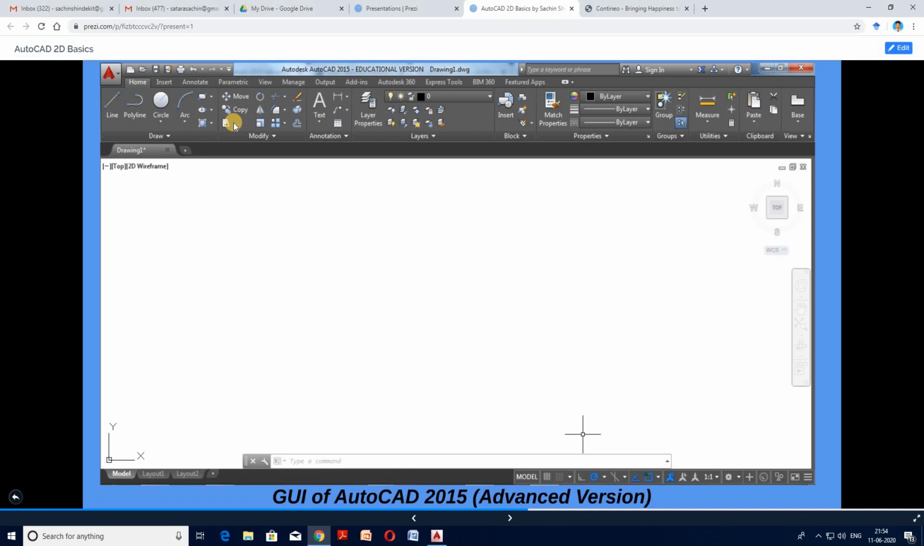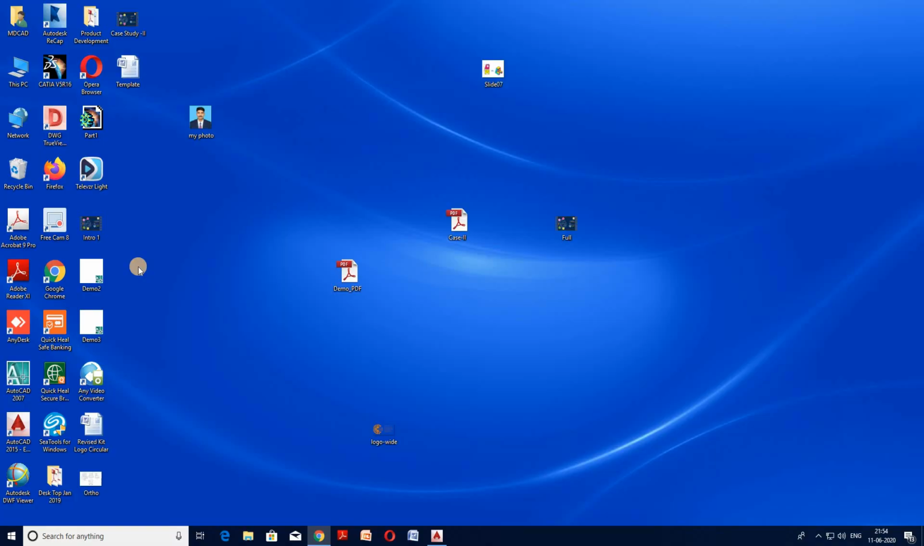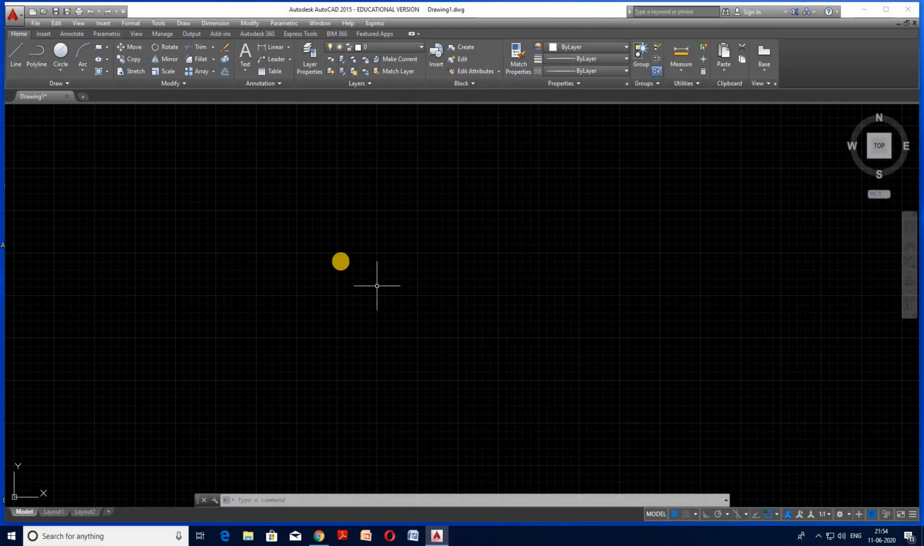You can configure AutoCAD 2015 to AutoCAD 2007, that is the classical version. For that you need to do some configurations and settings. So we will discuss how to configure the AutoCAD 2015 GUI to the classic version of AutoCAD 2007. So for this, just double click AutoCAD 2015. You will get this